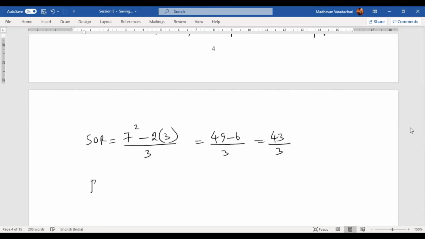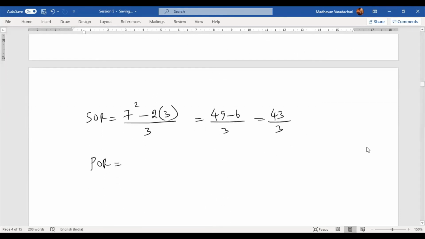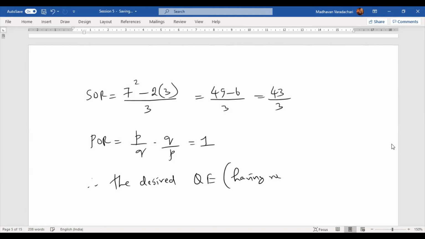Now let us move on to the product of roots. What do you mean by the product of roots? The roots are P by Q and Q by P. I need to multiply that. P by Q into Q by P. If I multiply, both P and P, Q and Q get cancelled, you get 1 only. Therefore, the desired quadratic equation having roots P by Q and Q by P will be,